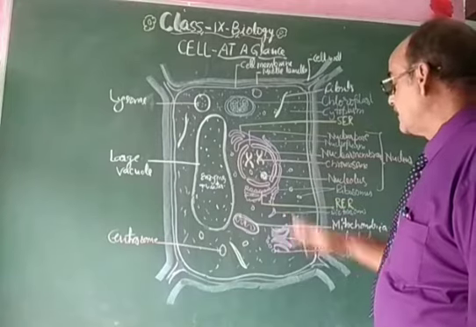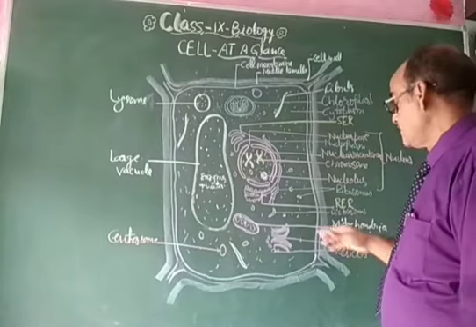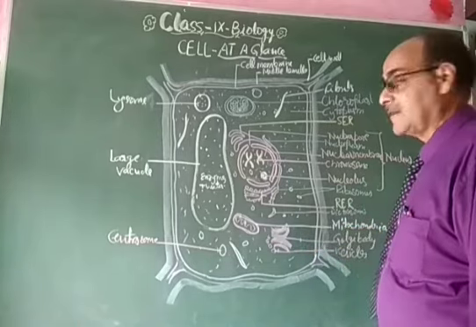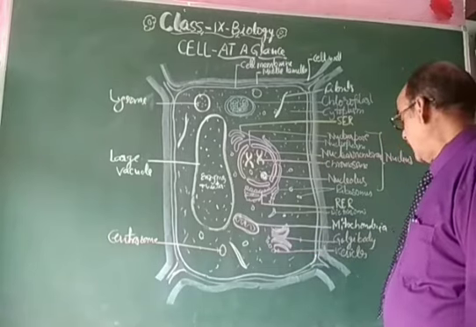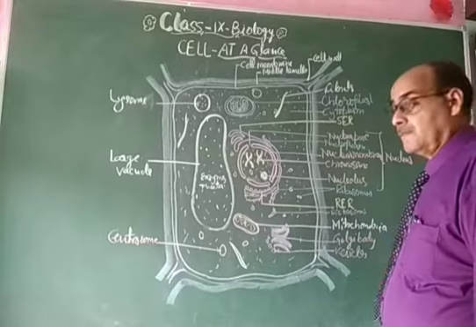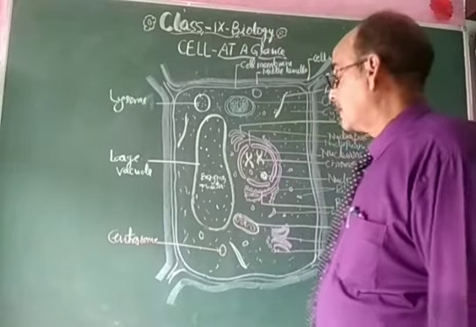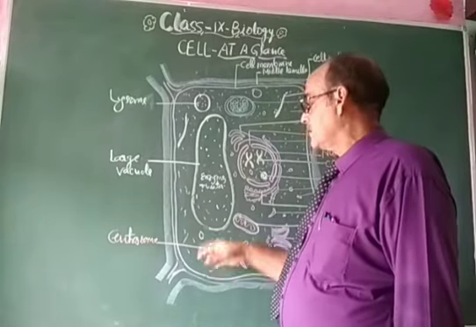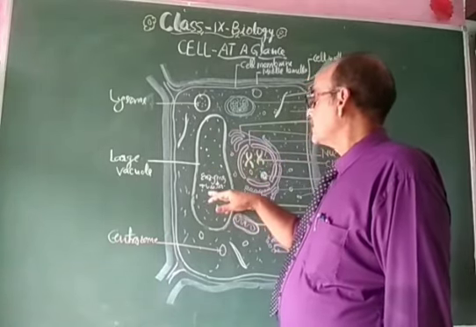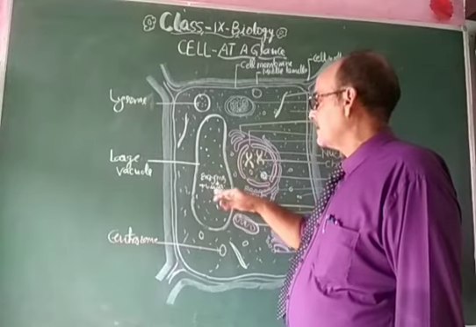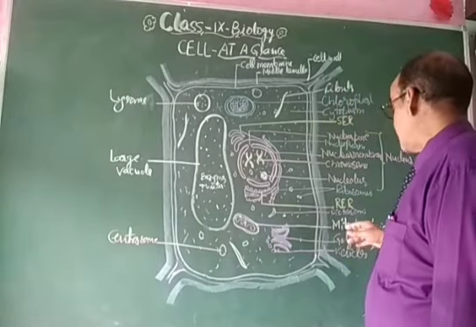Dictyosome, this is found only in the plant cell, acts as the packaging organelle, packages the lipoprotein and glycoprotein. This Golgi body, that is discovered by Camillo Golgi, is found in the animal cell. And this is for the packaging organelle. It packages the glycoprotein and lipoprotein both. And centrosome, this acts as the centriole during the cell division. This is the large vacuole, which contains the enzyme and water inside it. And this is the mitochondria, which is called the powerhouse of the cell.